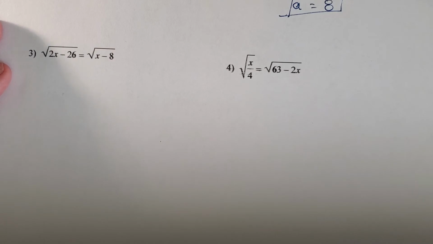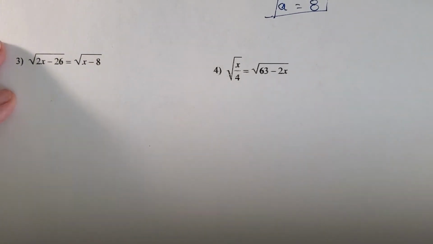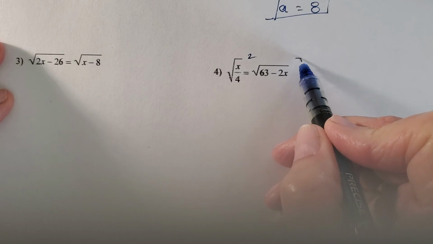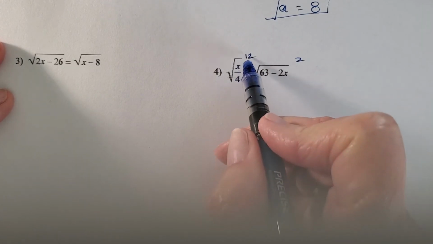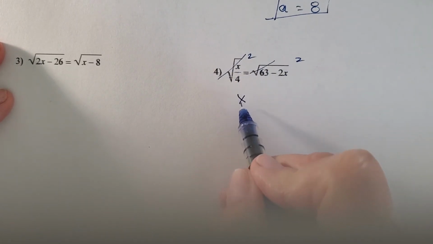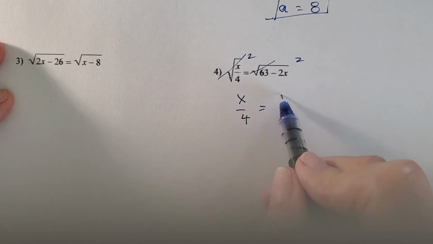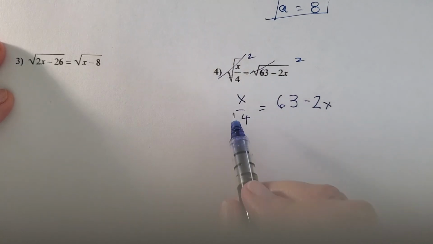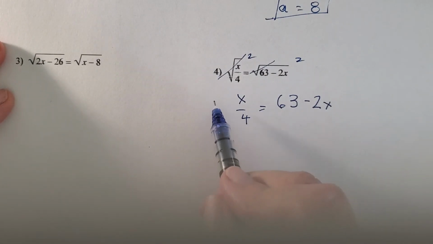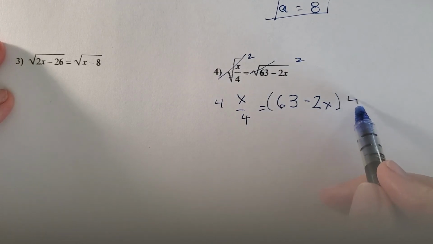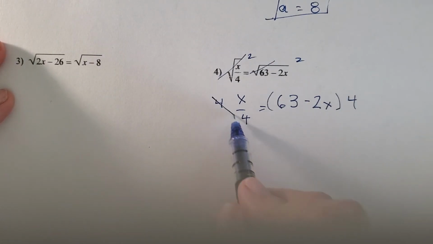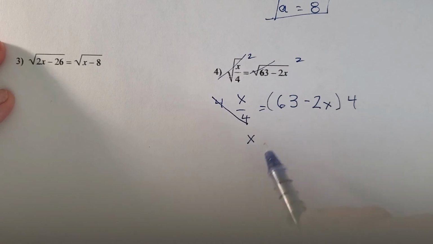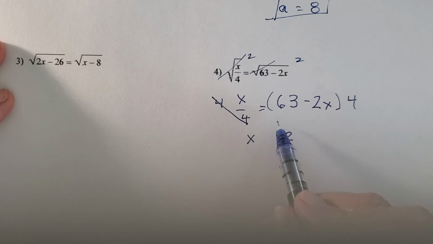Okay. Let's do this one with a fraction. So I'm going to square both sides. The radical signs cancel out, so I have x minus 4 equals 63 minus 2x. Before we can get our x's on the same side, we need to deal with this divided by 4. So we're going to multiply both sides by 4. These 4 cancel. 4 times 63 is 2, carry a 1,